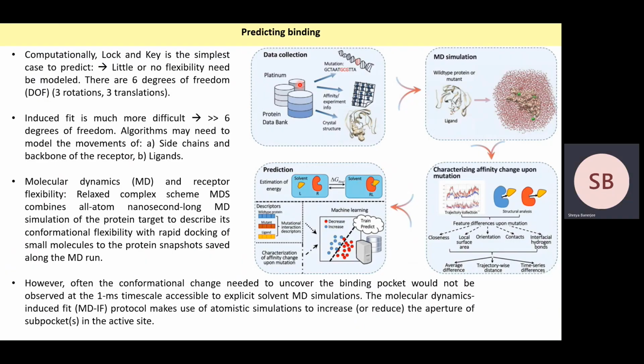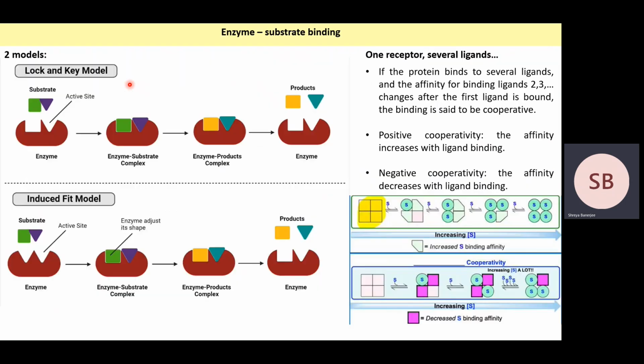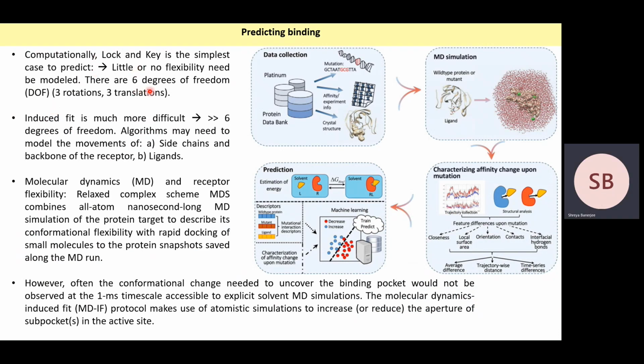So now, how is the binding predicted? Computationally, lock and key is the simplest case to predict because there is little or no flexibility to be modeled. Like we talked about in the lock and key model, both the enzyme and the substrate structure is fixed and it is rigid. So in lock and key, there are only 6 degrees of freedom, that is 3 rotation and